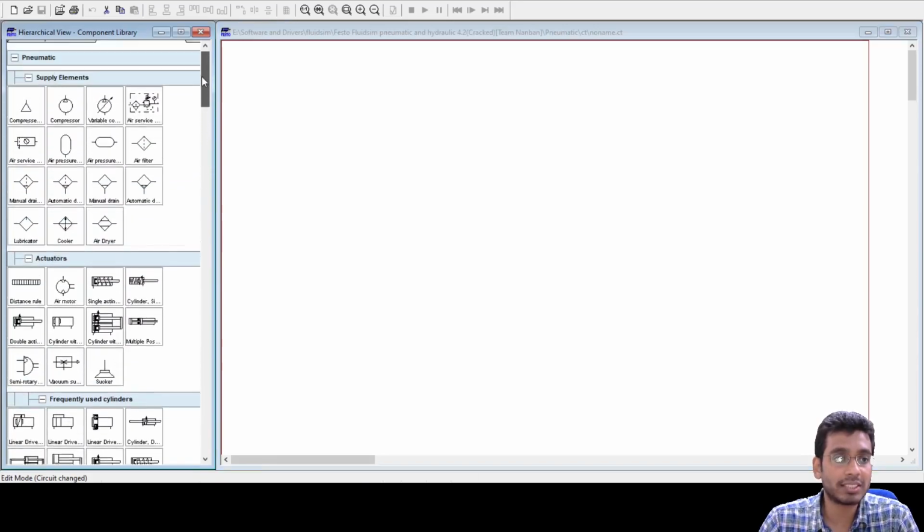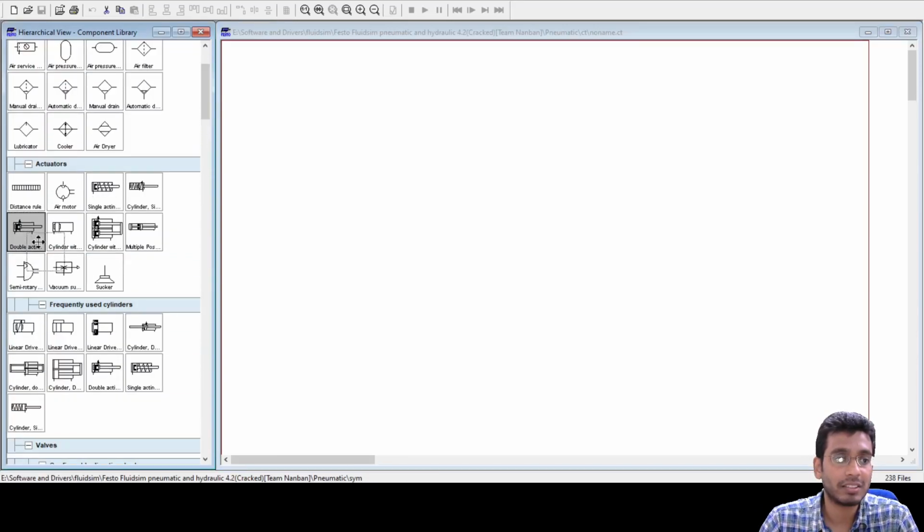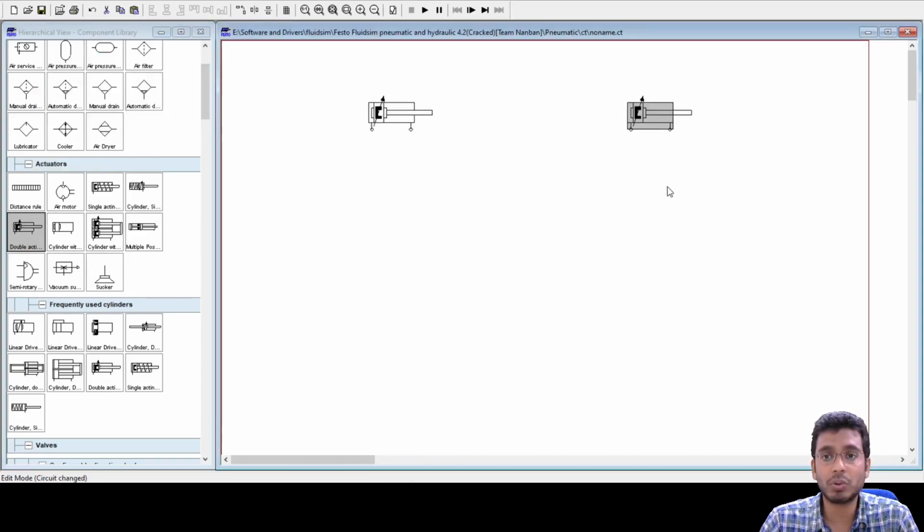Your task is to control two double acting cylinders. Cylinder 1 extends completely. Once cylinder 1 has extended, then cylinder 2 will extend completely. Once cylinder 2 has completely extended, then both should retract at the same time.